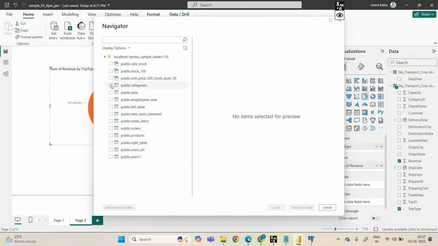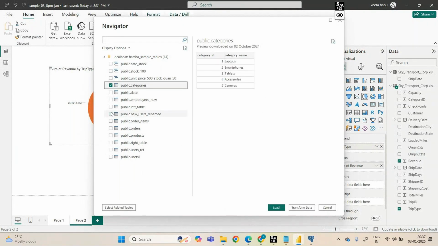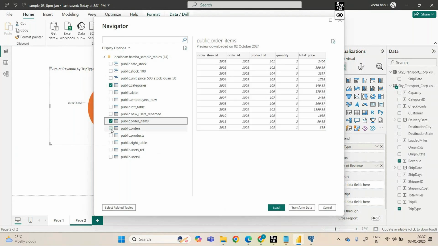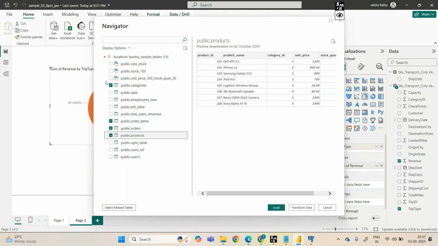I'll take categories, order items, orders, products. But in the database, what was there? Views and tables. Views also came. Ignore this, you'll understand it in the course part. Just focus on how we are fetching the data. I'm loading this.